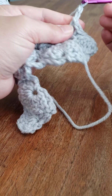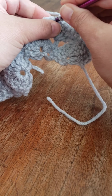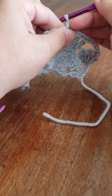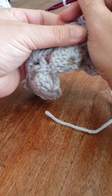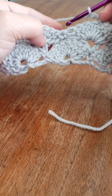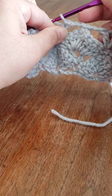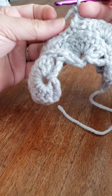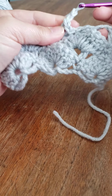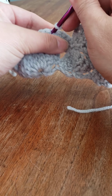Chain 2. Let's see, 1, 2, 3, 4, and at the top of the 5th double crochet, you're going to make your single crochet, chain 2, single crochet from the previous row, so it's a V stitch, double crochet, chain 1, double crochet, chain 2, here at the top again, 1, 2, 3, 4, 5, yes, single crochet here,